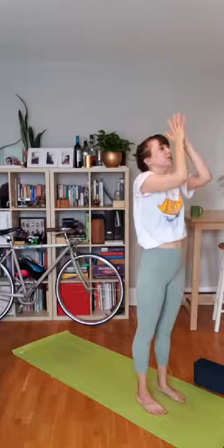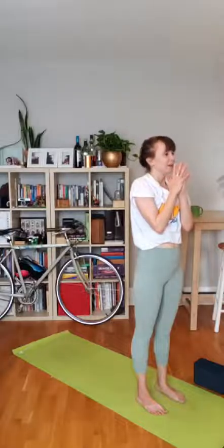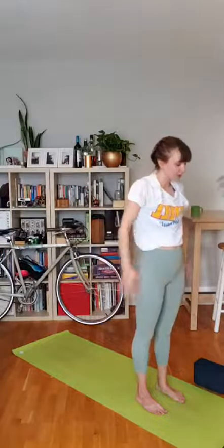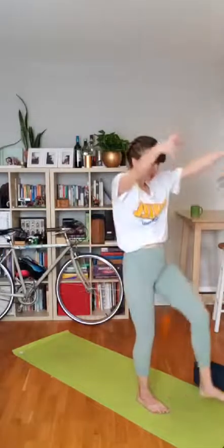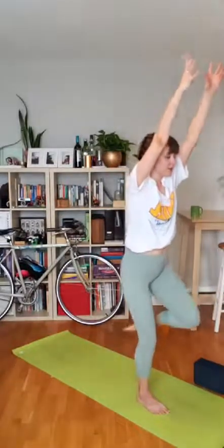Slide your palms down to your heart. You're here for your inhale and for your exhale. Now reach the arms up to the sky. Pick the right knee up this time. Warrior three, send the right leg back behind you and reach the arms forward or bring your palms at prayer,